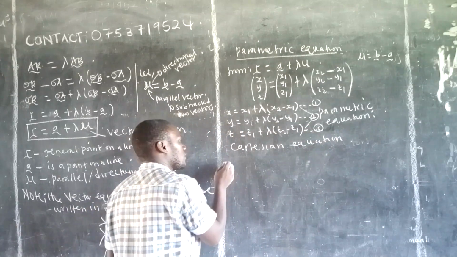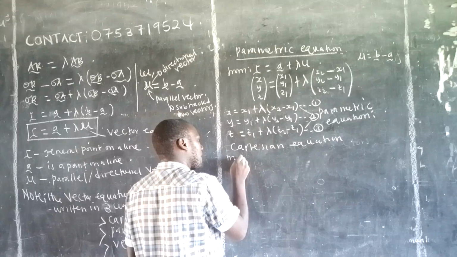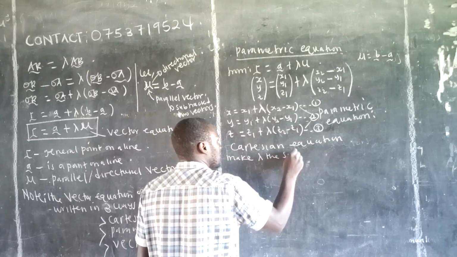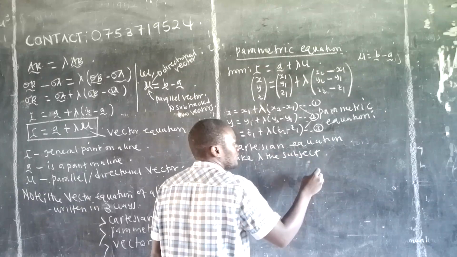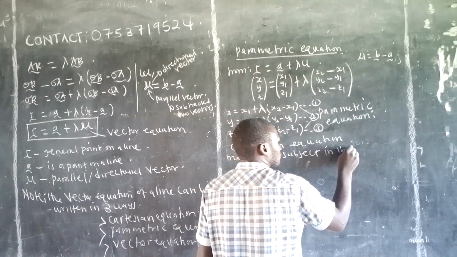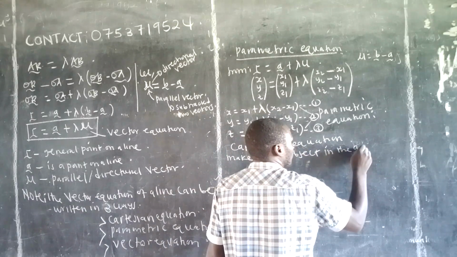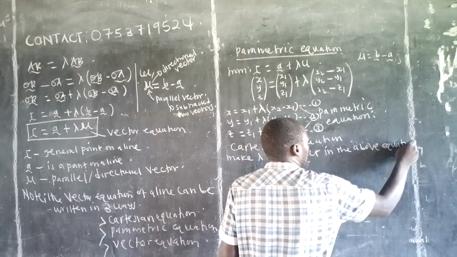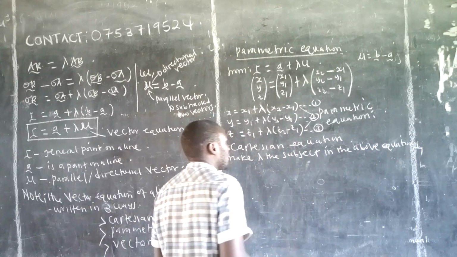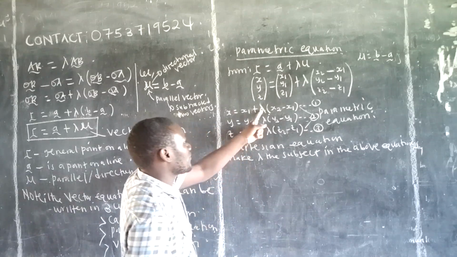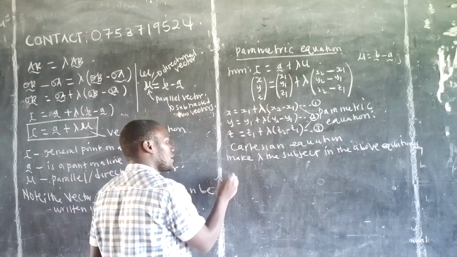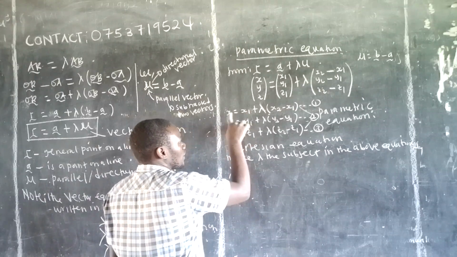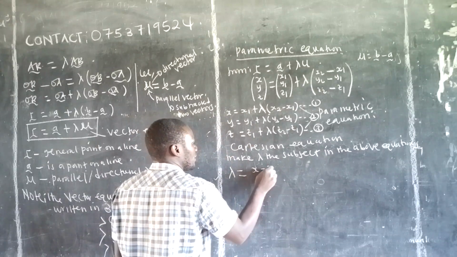Here I will say make lambda the subject in the above equations. So making lambda the subject, I realize that lambda will be equal to, in this equation, the x1 will come to this side. So it will be x minus x1